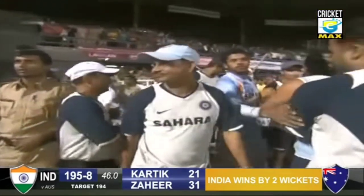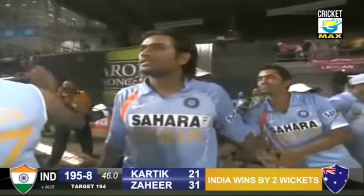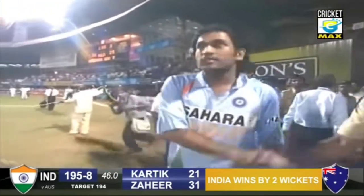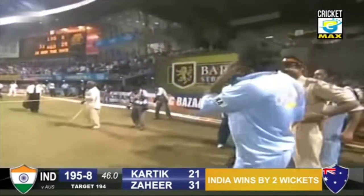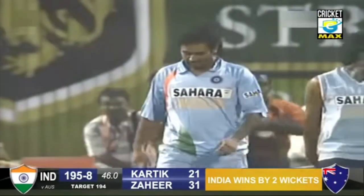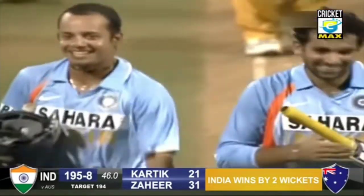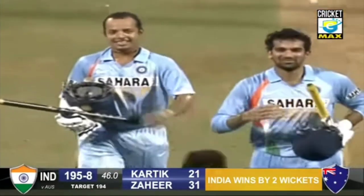This is going to be a huge morale boost for India, ending the series with a victory. Yeah, the Indian team are ecstatic. Hugging, handshakes. So they've won their 2nd game of this series. Still a Twenty20 to go. Well, what a partnership, unbroken, 52 off 62. What a game Karthik has had. Not out, 21 off